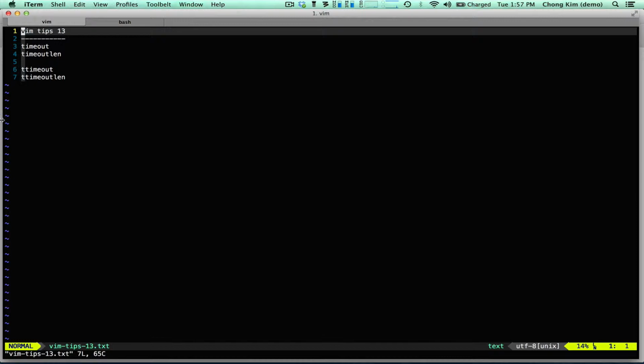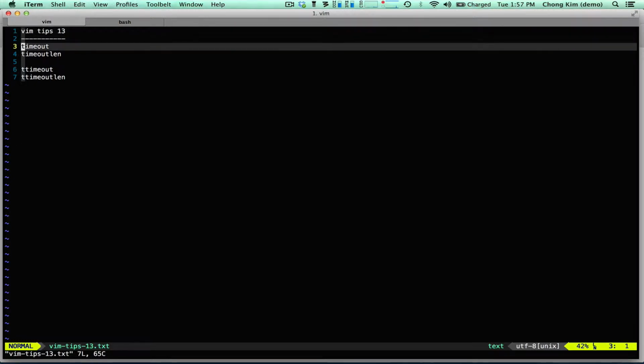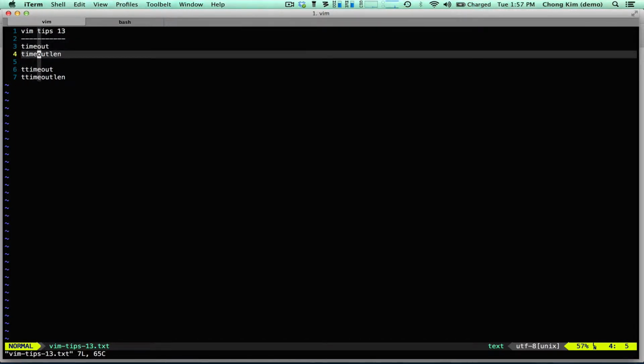We're going to talk about timeout. If you have a command, normally when I type in a letter A in normal mode, it puts me into insert mode. But if I happen to have a command that conflicts with this, which makes it ambiguous, like for example, if I create a mapping for AB to echo hello,